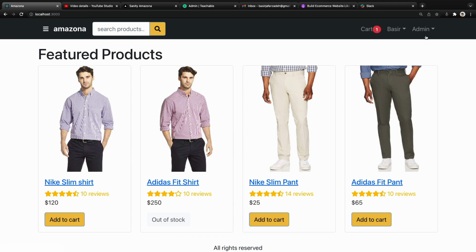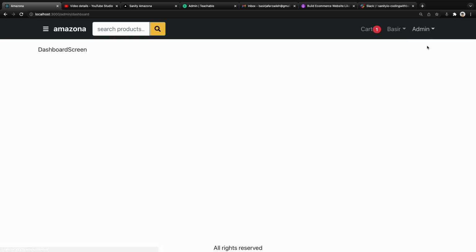In this lesson, we are going to add an admin menu to the header. Also, we are going to create two protected routes for regular users and admin users. When a user clicks on admin pages, we check the authentication, and if the user is logged in, we redirect the user to